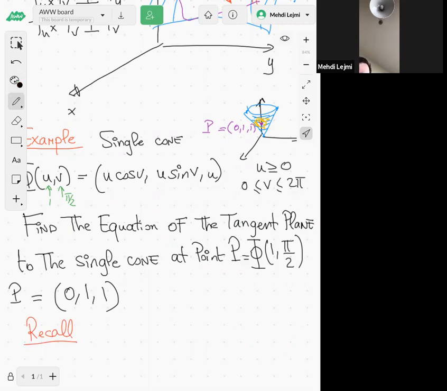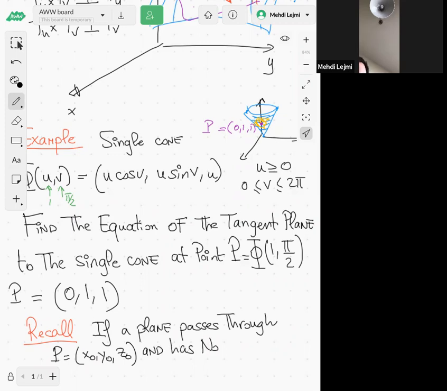If a plane passes through, let's say, P, which is x0, y0, z0, and has a normal vector,